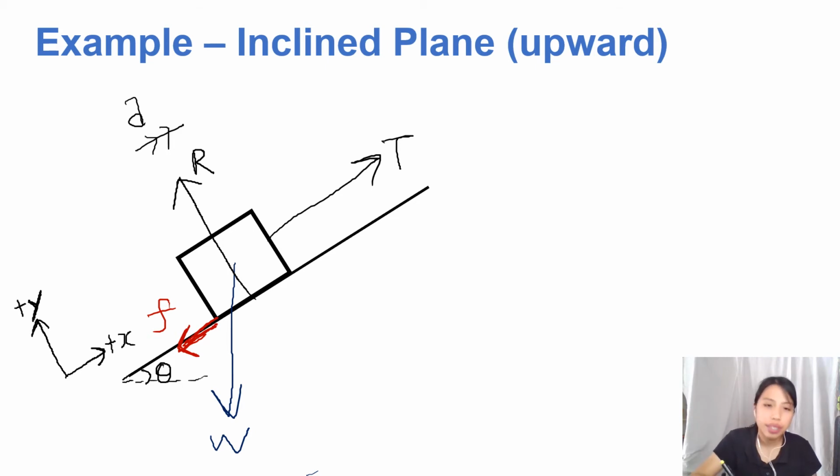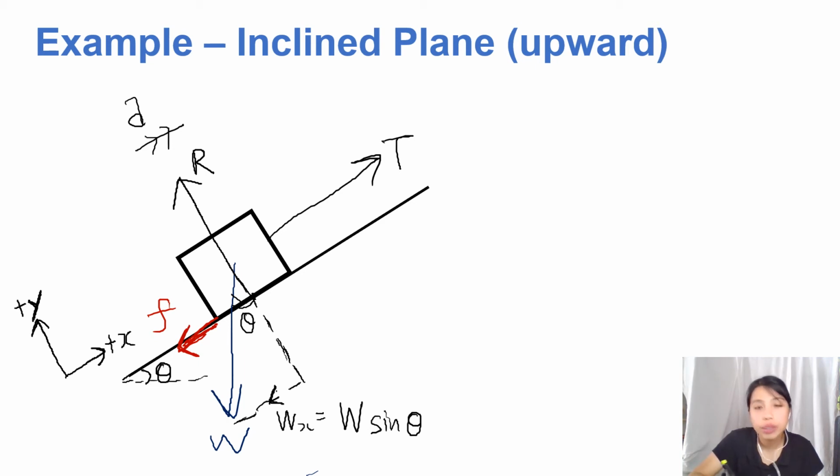Let's start off with drawing the component of weight first. Once again, we need to see what is the component of weight. In the x-axis, Wx, as we looked at earlier, was opposite over hypotenuse, so W sine theta. That's what causes the block to want to slide down in the first place. Gravity is pulling it down. Then we have another one in the y direction. So this one is W cos theta,